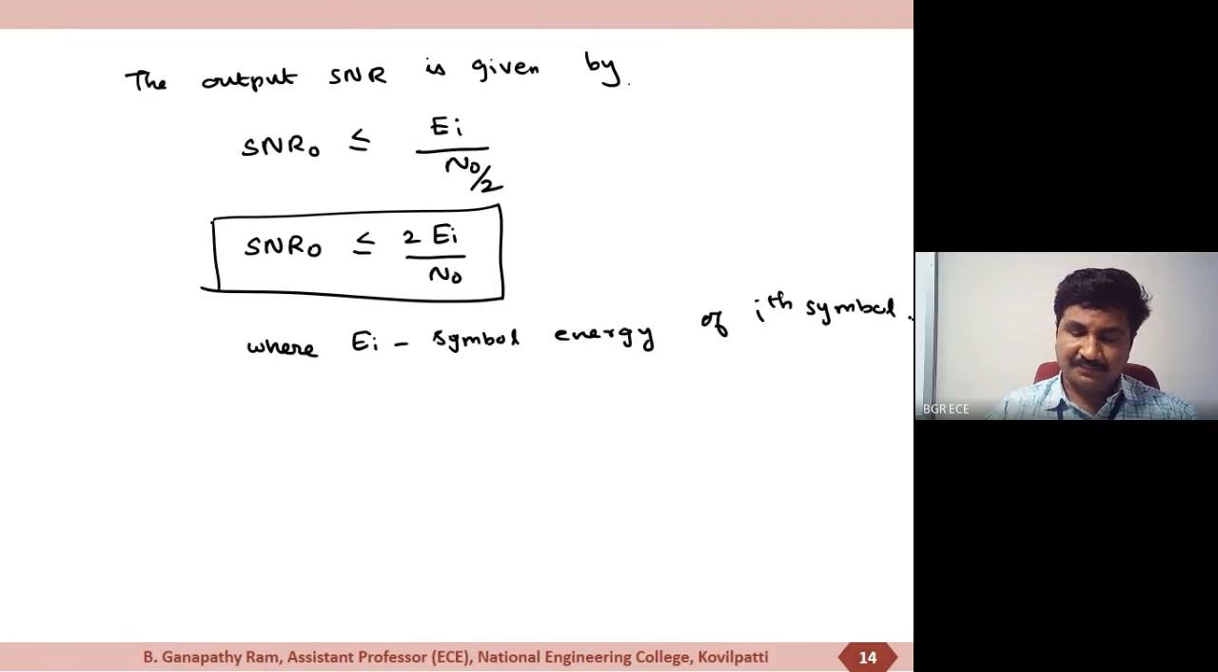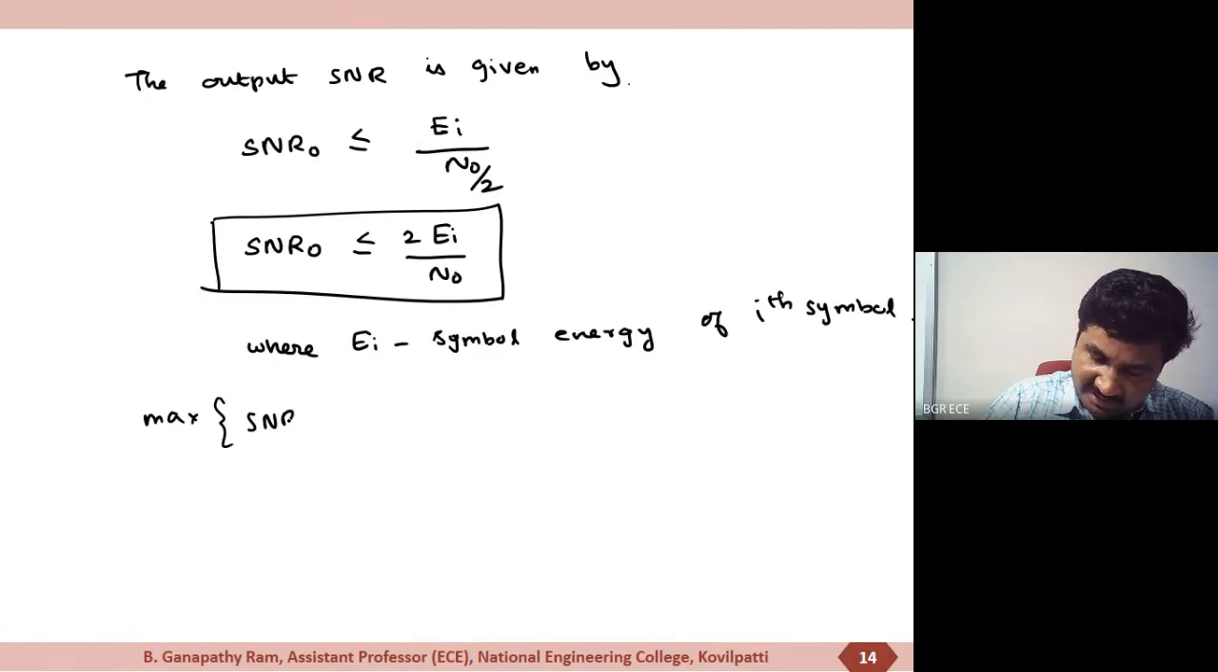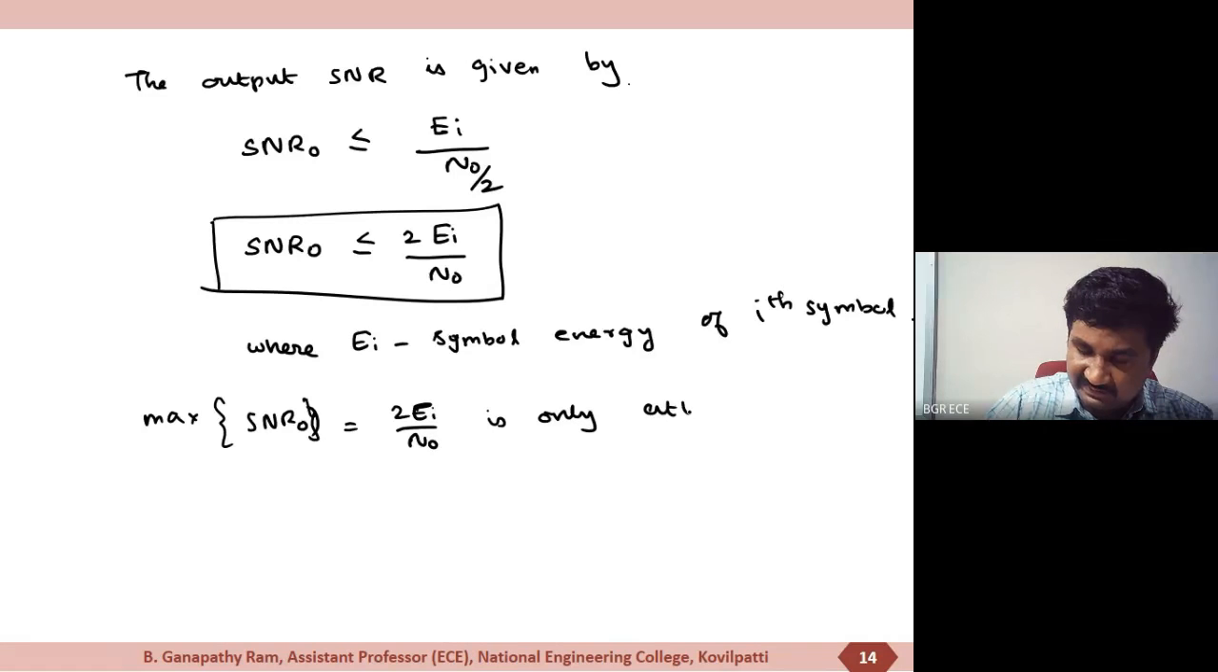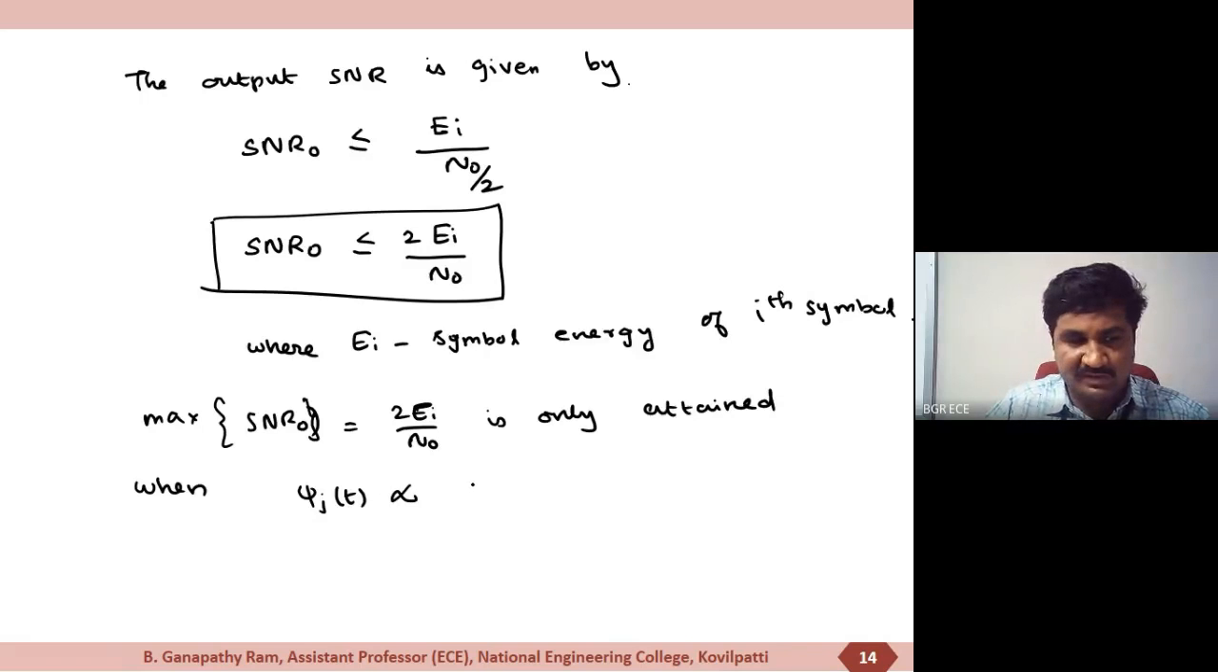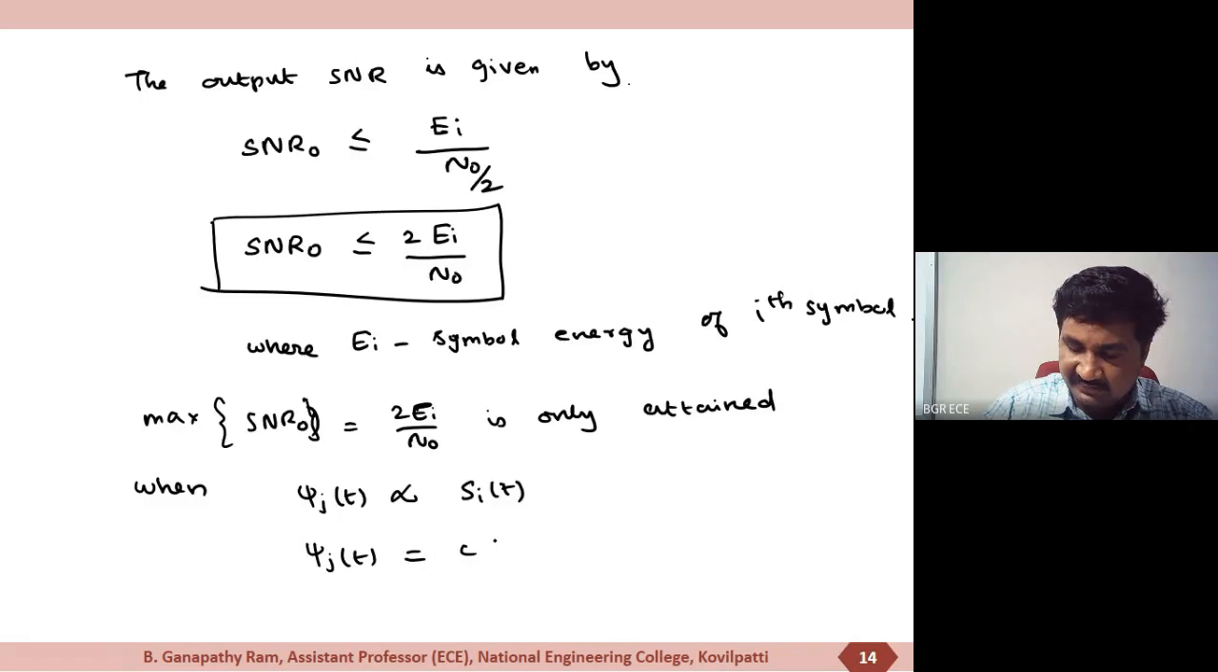So this inequality will get equality, that is the maximum value of the SNR output is bounded by 2 Ei by N0, and that maximum value is only attained when psi j of t is proportional to si of t, that is psi j of t is equal to c si of t, which is not possible